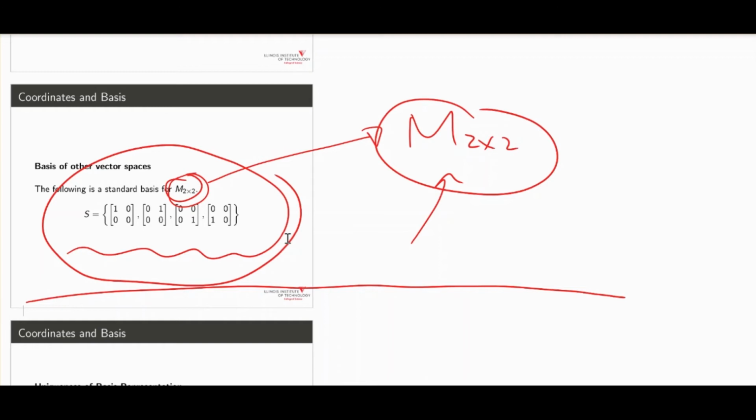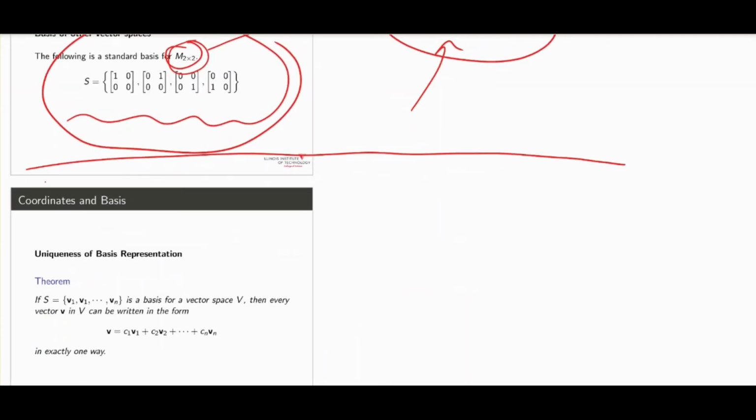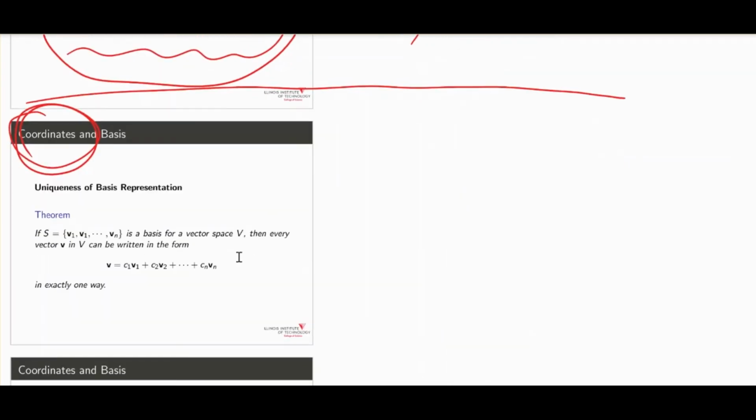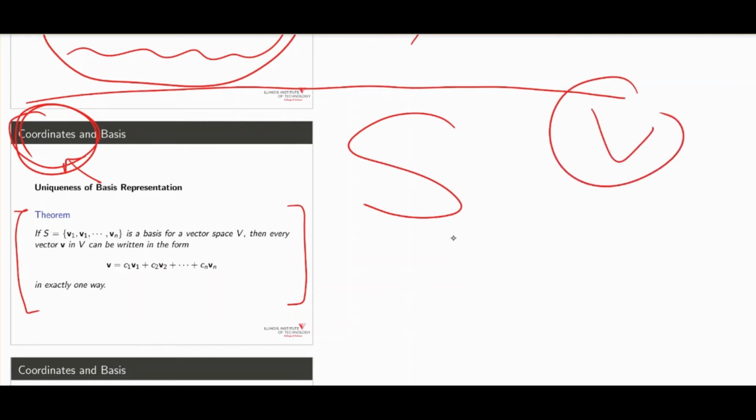All right, so now we want to switch topics and talk about another concept. That concept is coordinates. Let me give you this theorem first. I'll state and prove this theorem, and we'll say more about what a coordinate is. So this theorem says that for a vector space V, choose a basis,